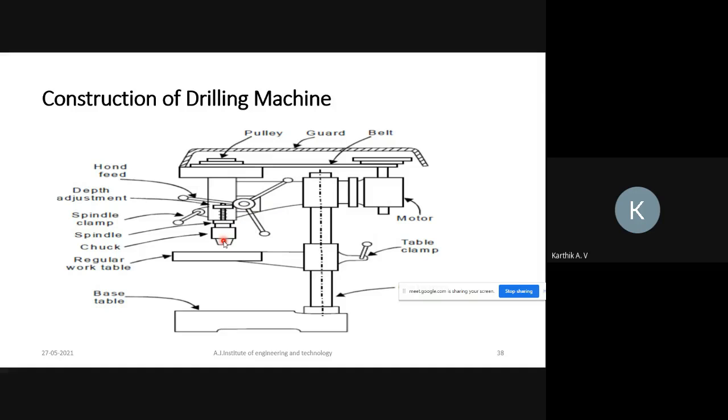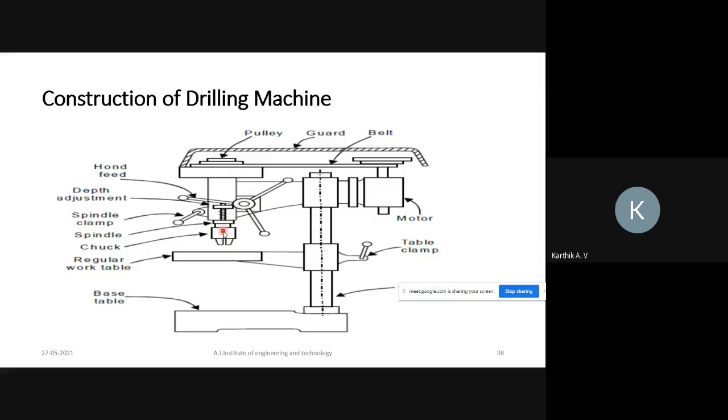The required drill bit we can fix here, and you can move this drill bit upward as well as downward based on the requirement. Then the workpiece is fixed to the work table, and a proper holding device is also required. With the help of this hand wheel you can move the spindle upward as well as downward,